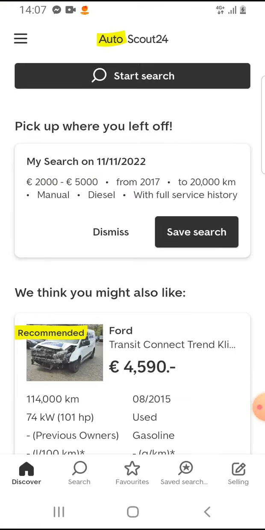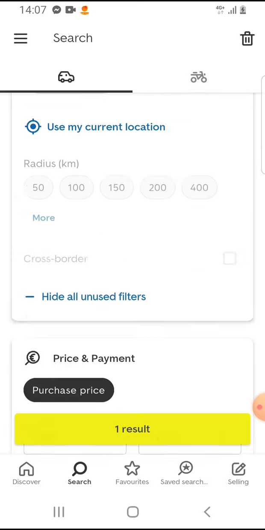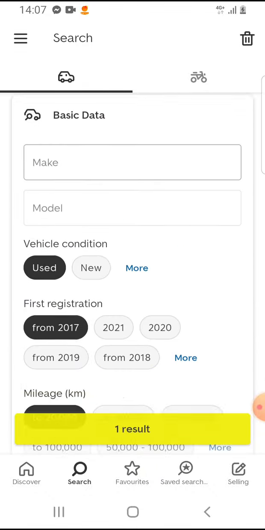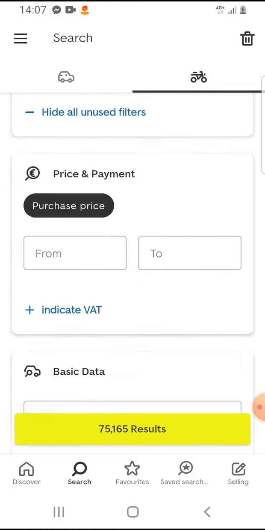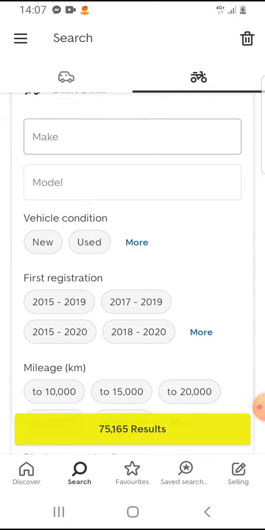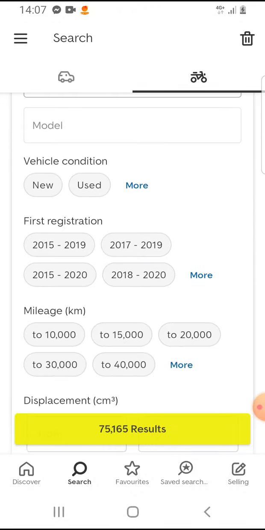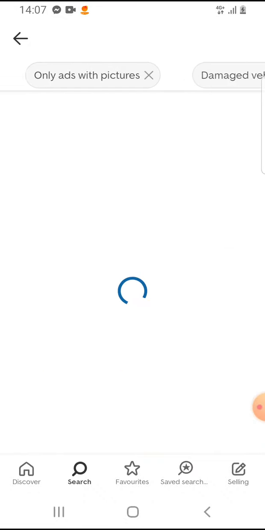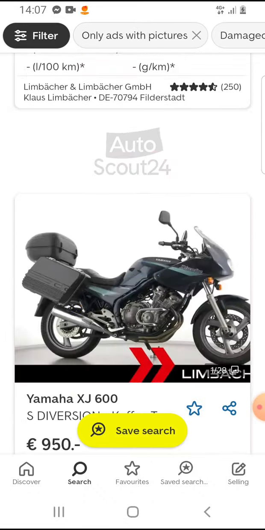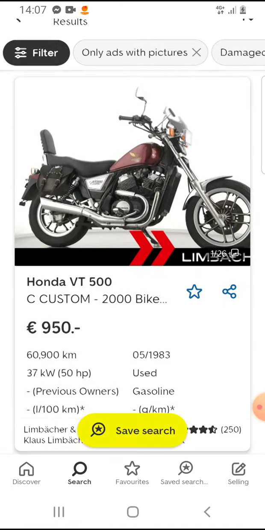Open the AutoScout24 app and tap on Start Search, and here you can see search for cars. On the top you can see this car icon, and next to it you can see this motorcycle icon. If you tap on it, you switch to motorcycle and you add your preferences, what you would have to search for, and you can tap on results on the bottom on this yellow box, and here you will